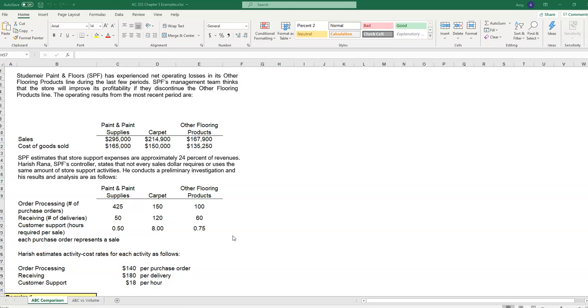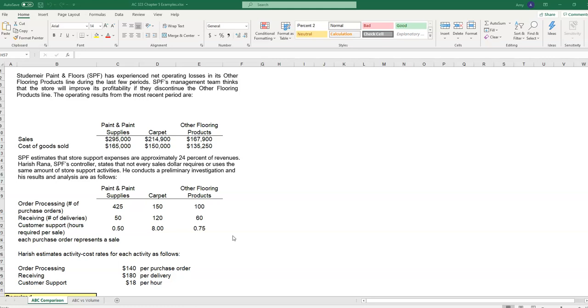So in the first example, we're looking at a paint and flooring supply store that is having a negative revenue of their other flooring products line, and they're thinking about discontinuing it. However, their controller doesn't think that the single rate allocation that they're using at the moment is necessarily the best indicator of how resources are being used by these three product lines. So